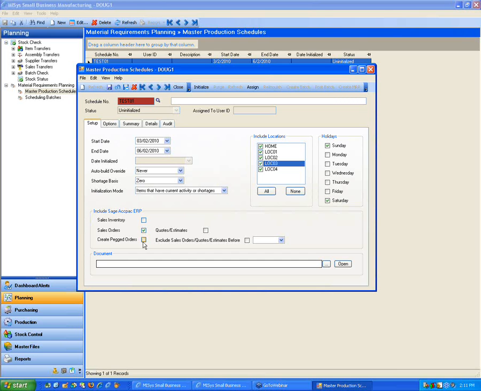And then there's create pegged orders. Okay, and this is a big one. Create pegged orders basically says, I want you to create a finish assembly event for every one of the sales orders, order details that you bring into the schedule. Now, those of you who remember in SAE, when we pull sales orders into a schedule,